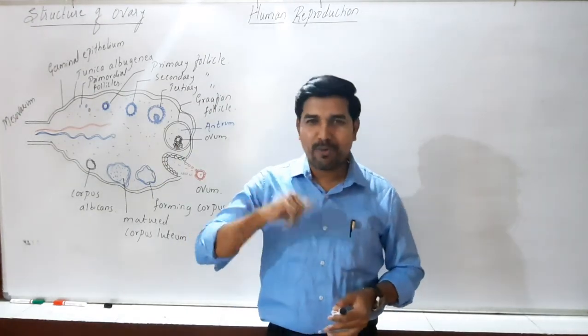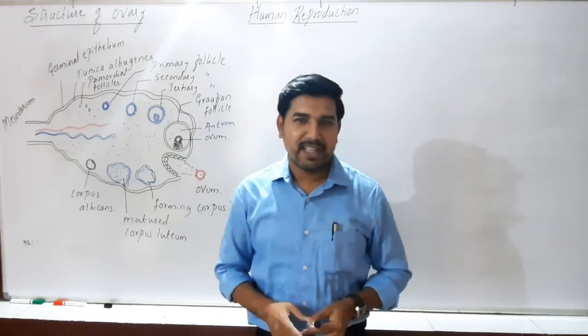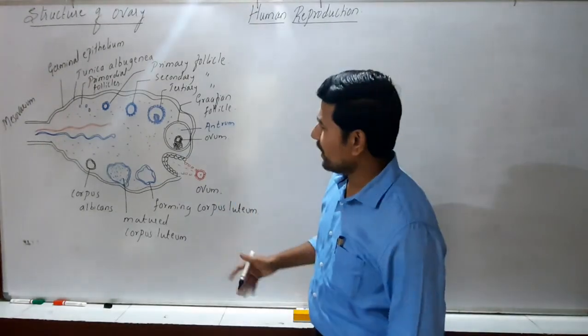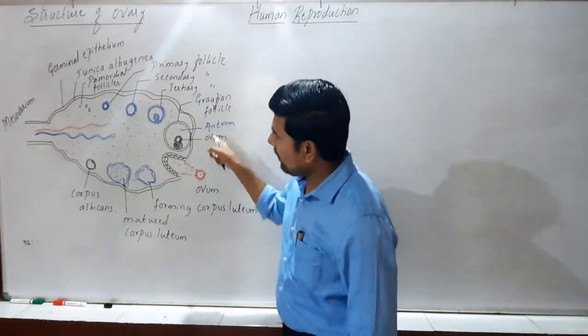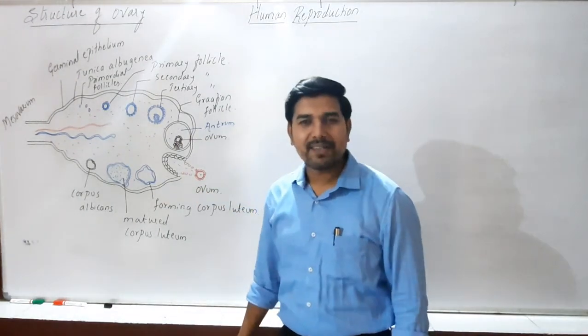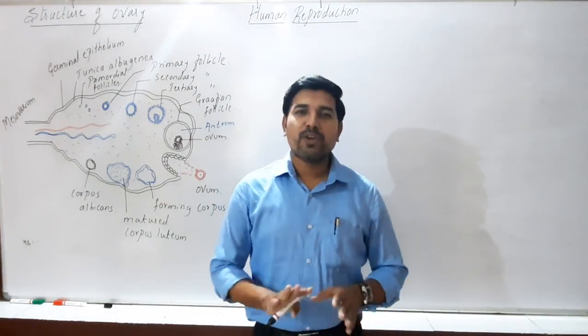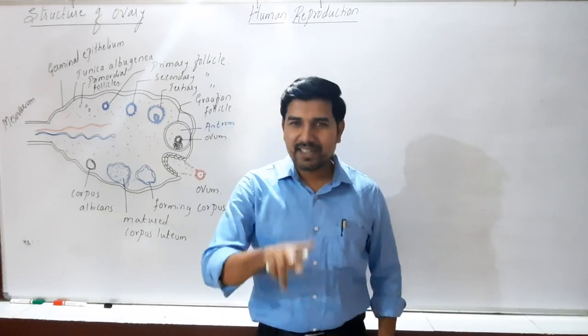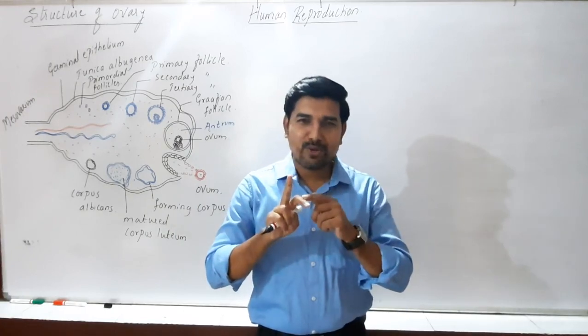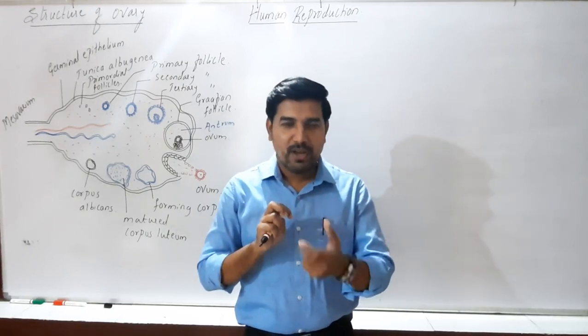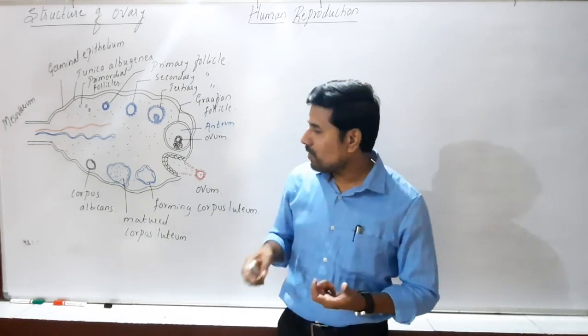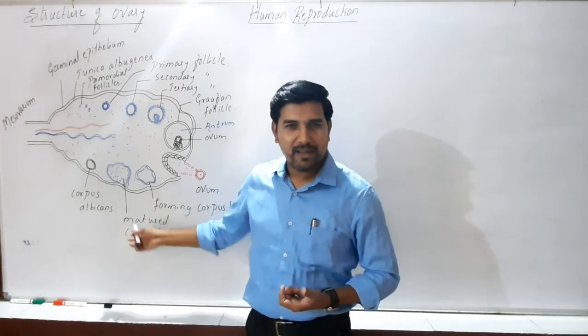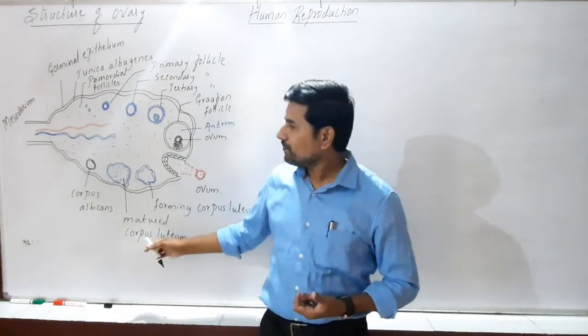Again, regarding these hormones, we are going to study it in the part of the menstrual cycle. So this is regarding the part of the growing follicles. Now, we know that the human ovary secretes two hormones. One is estrogen, the second one is progesterone. We came across the hormone called progesterone, that is secreted by the corpus luteum.